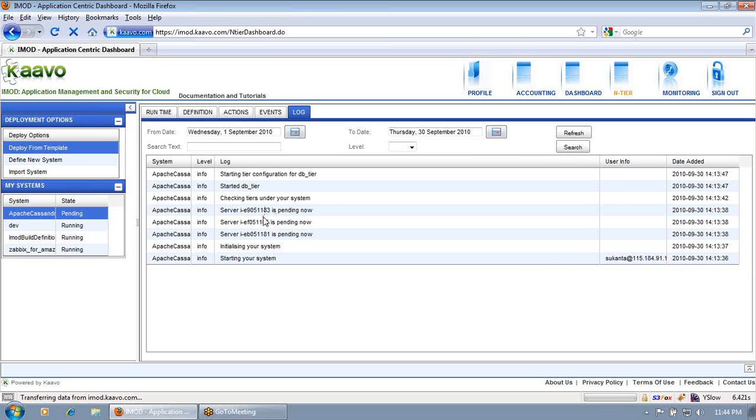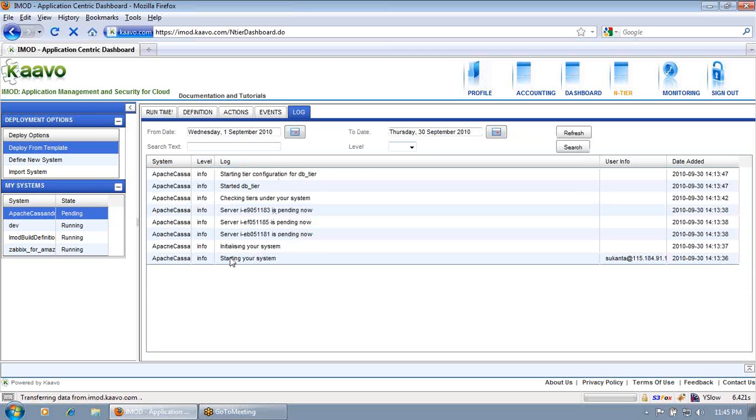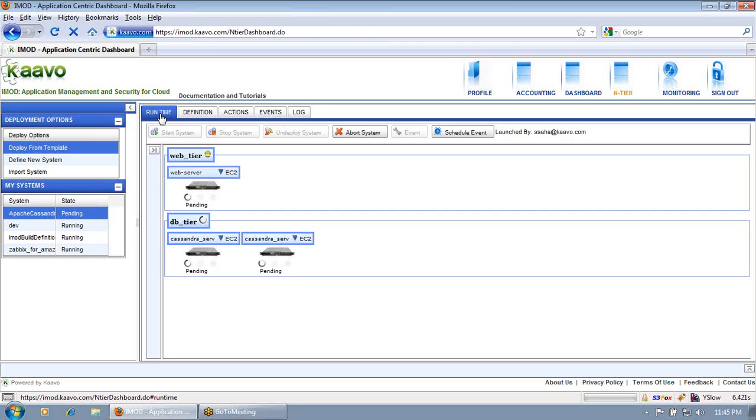I mean 3 servers are coming up, and right now they are pending. Once they are in the up state, then the actions will be executed. I think we have one server coming up. Yes, one server is in the up state.